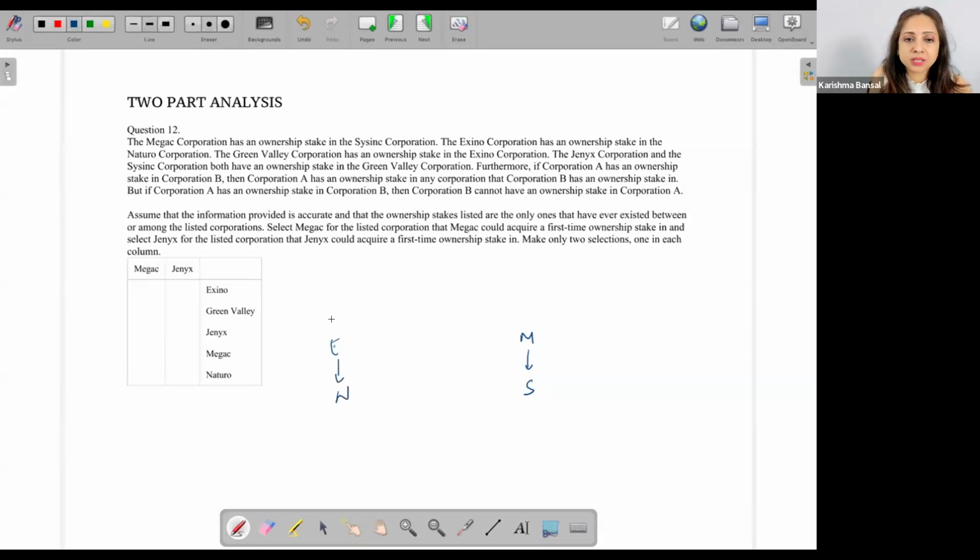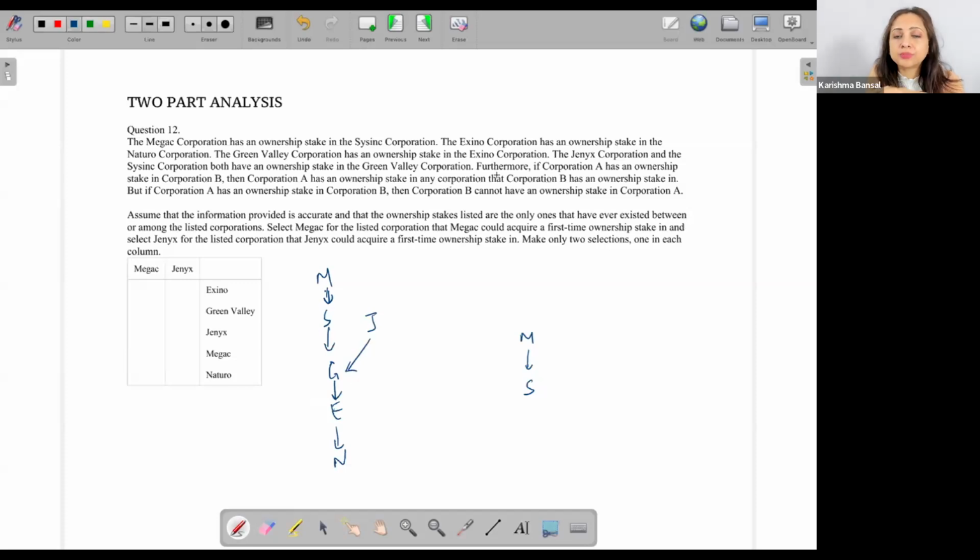The Green Valley has an ownership stake in Exino. So here is my green. I think I've started from a little ahead. This won't work. So I say my E is here, N is here, here is my G. Then the Green Valley has an X, right? The Genix Corporation and the Sysync both have ownership stake in Green Valley. So Sysync is over here. So I'll bring my Sysync here. And of course, M comes automatically then, right? So here is my M,